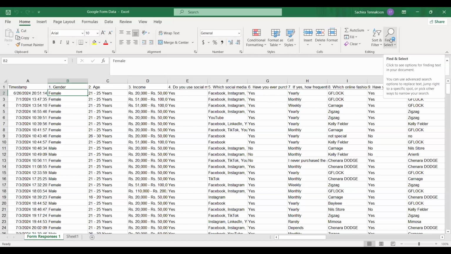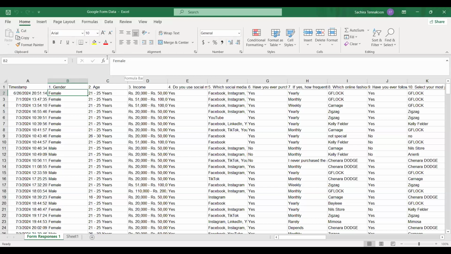So then for the males, you can follow the same, right? And other than that, there's another way. Manually, you can do it for a smaller sample. If your sample size is 10, 20, 30, right? If you're still willing, you can do it, right? But even for 30, it is better to go with a technique like this, right? The most simple way is going with the find and replace.